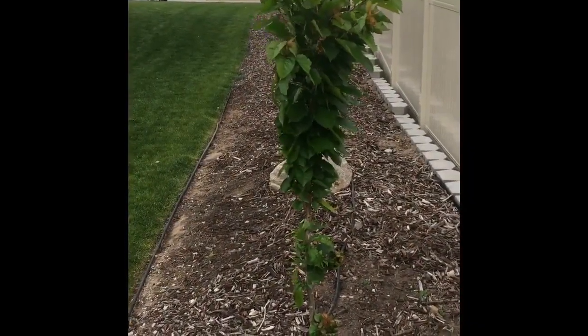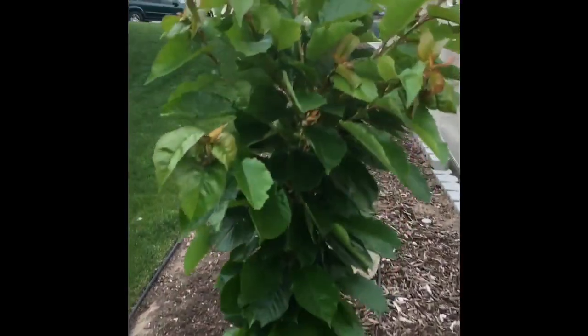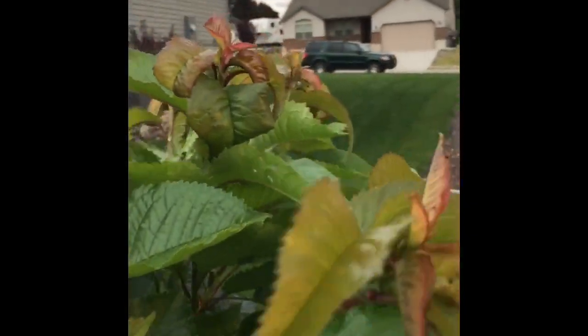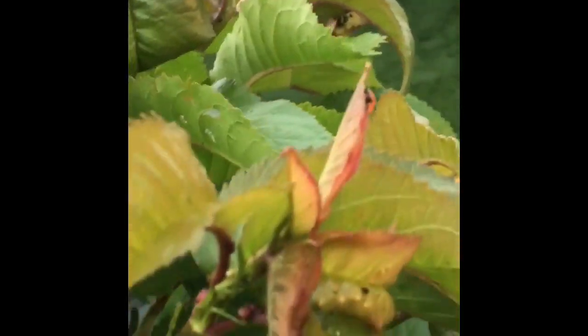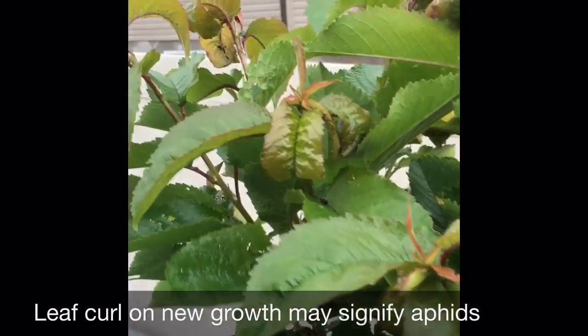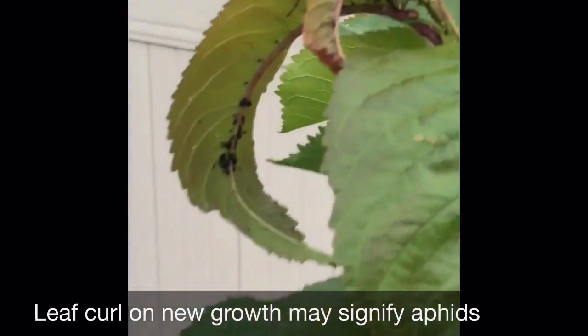have a small cherry tree, and if we come close and look at the tips of all the branches, you'll see that the leaves are kind of curled and kind of look a little bit gnarly. This is really common in a lot of fruit trees when you get this leaf curl in the new herbaceous growth, and you look underneath the leaf,